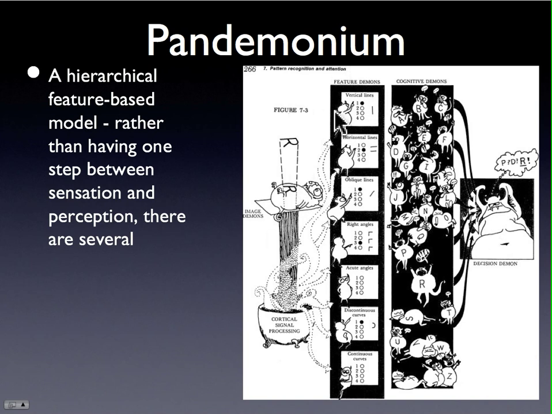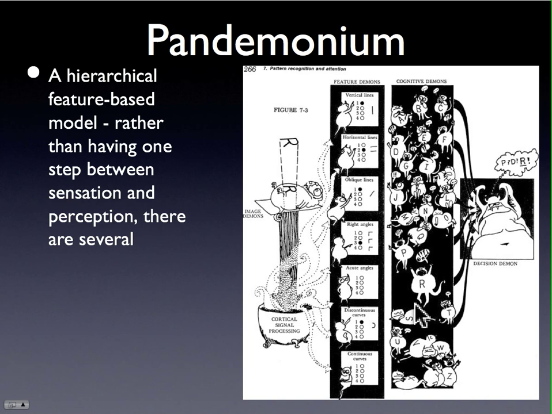And then somewhere along the way you have little feature detectors, and these feature detectors will tell you, yes, there's a straight line there. There appears to be some parallel lines. There's some curves. There are no continuous curves, like there's no circles in it. So it'll tell you what's in the image and what's not, and then send that forth to the letter demons,